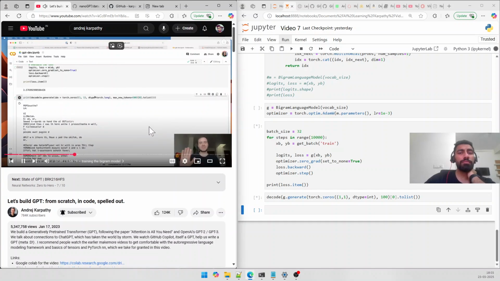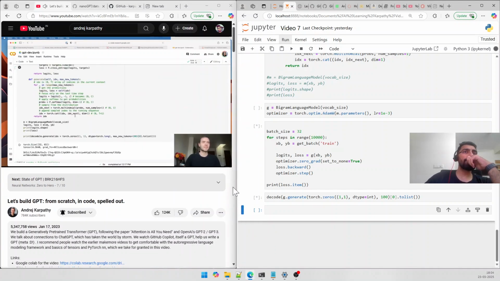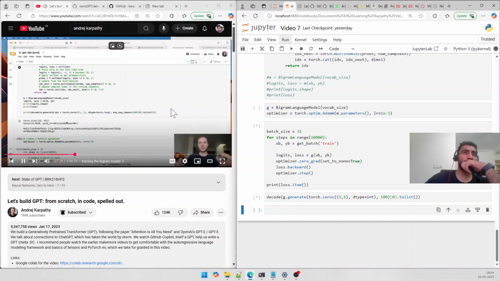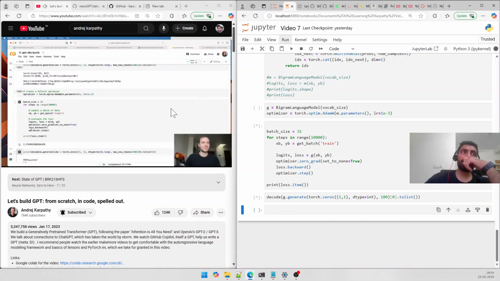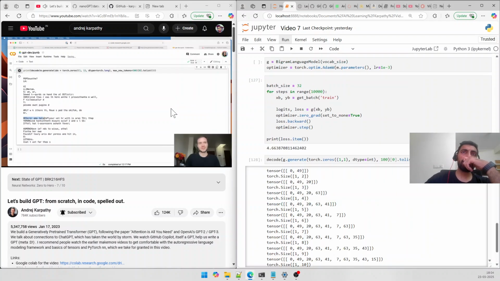So that is the simplest possible model. So now what I'd like to do is, obviously this is a very simple model because the tokens are not talking to each other. So given the previous context of whatever was generated, we're only looking at the very last character to make the predictions about what comes next. So now